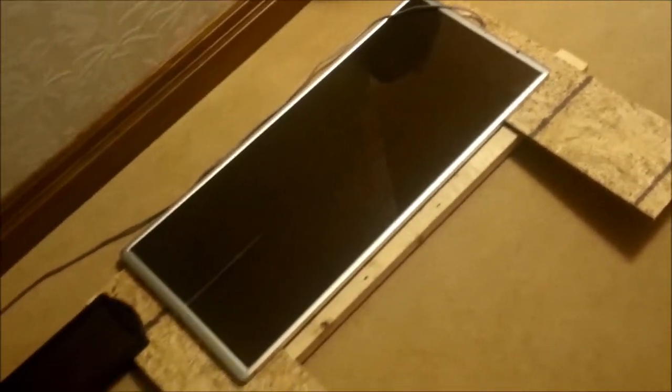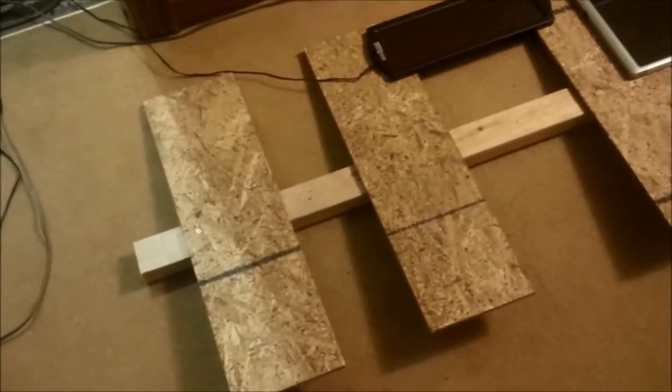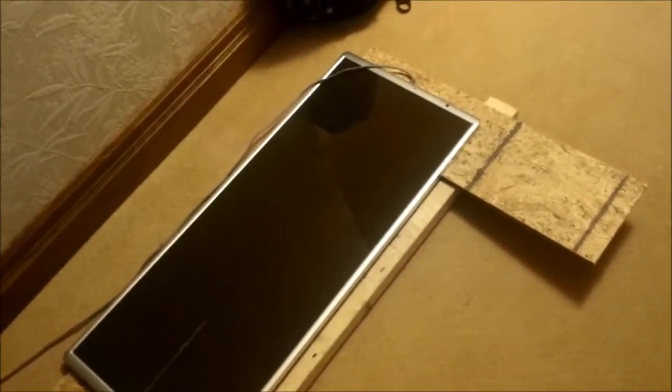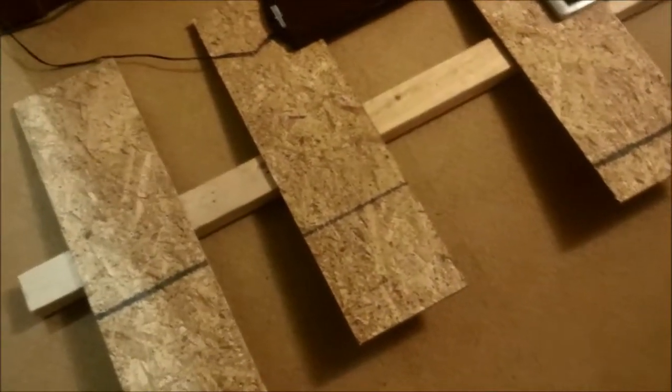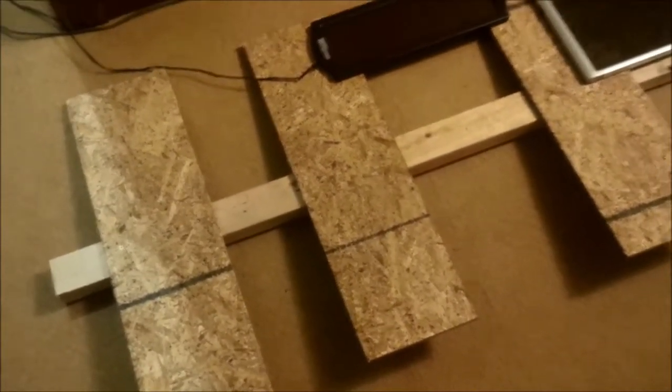This video is just about the basics of how I built my solar panel frame, I guess. These were the design requirements: I just made it with stuff kicking around my shop. So it's 2x3 down the middle, and these are just scraps of plywood that I already had in an 8-foot length, so they're about 6.5 inches wide. Screw them to the 2x3 in the lengths that you need,